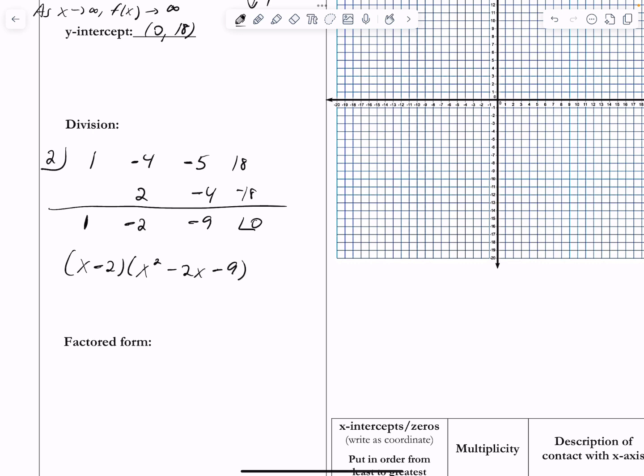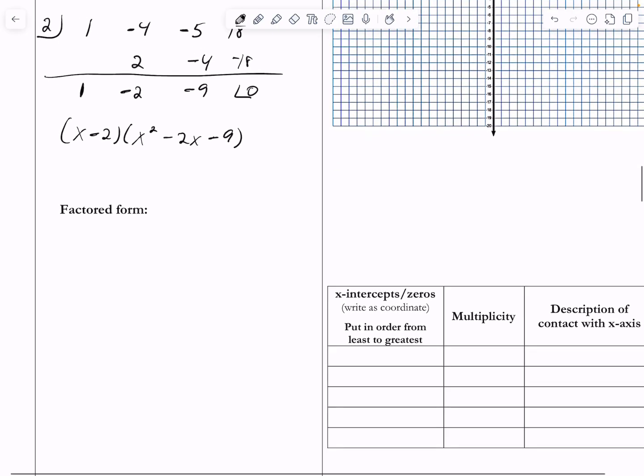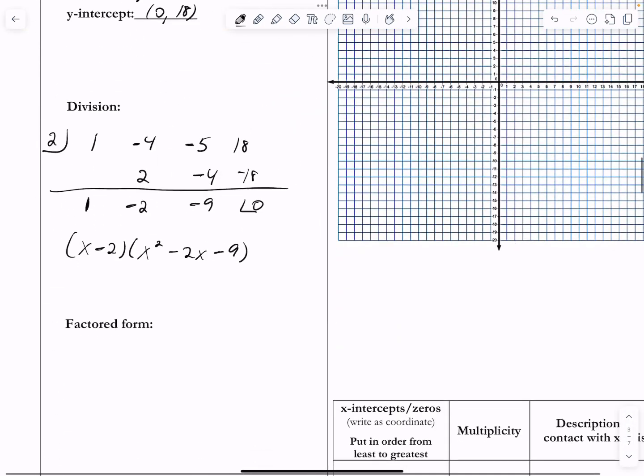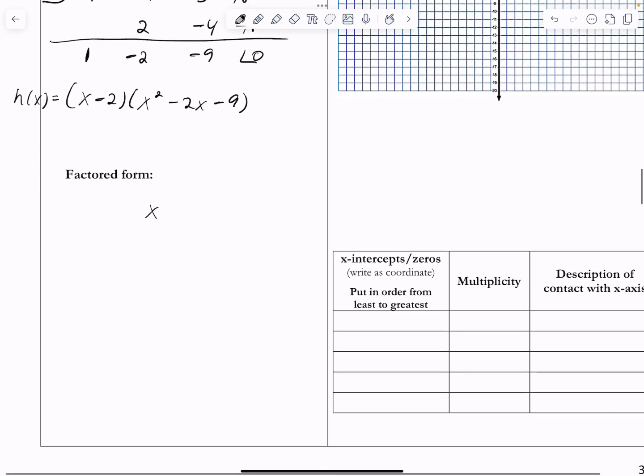Okay, you can already see there are no factors of negative 9 that add to negative 2, right? Because I could use negative 9 and 1, change the signs, that doesn't work. Negative 3 and 3, that's not going to work either. So this is where it says to use a quadratic formula. I'm actually not going to use the quadratic formula. I'm going to use completing the square, but feel free to use the quadratic formula, right? This actually is fully factored for h of x, right? That is fully factored, but I'm going to solve this one